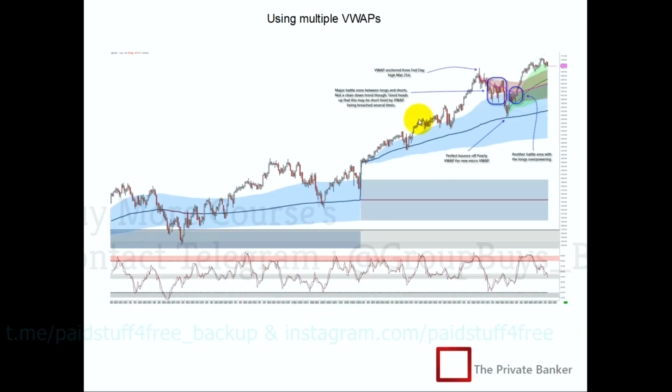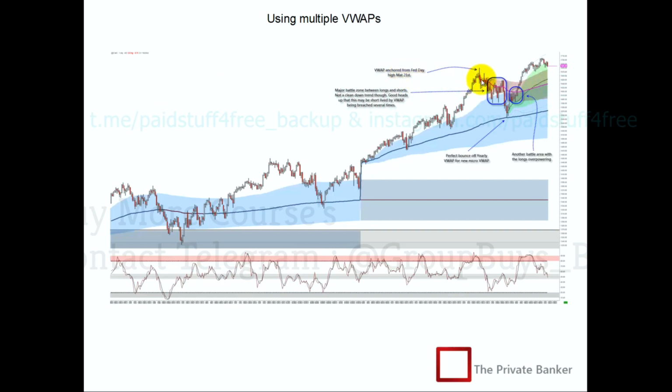We can also use multiple VWAPs to really just analyze what the market's doing. So what I have here is multiple VWAPs plotting on a chart. These are again the ES contract on a daily bar chart. We see the market's bouncing off VWAP several times, but we also see that the market formed a key kind of fractal high there. Apologize for the misspelling there, that meant to say May 21st, but anyway, that was a